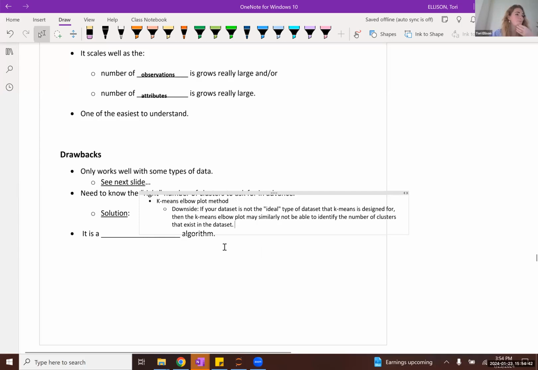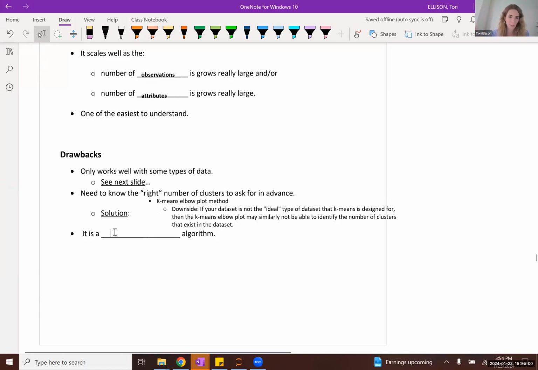Okay. And also, yeah, the elbow plot can be subjective. So sometimes it's difficult to see what the elbow is. But generally speaking, the elbow tends to be the point in the plot where the difference of the slopes is the most dramatic or the most different from each other.